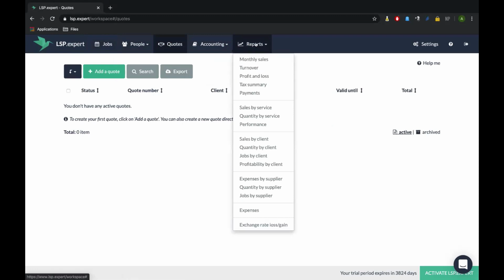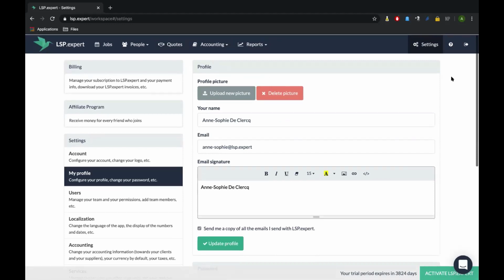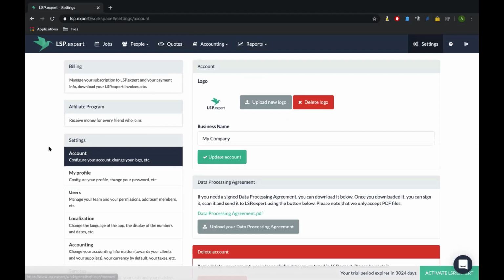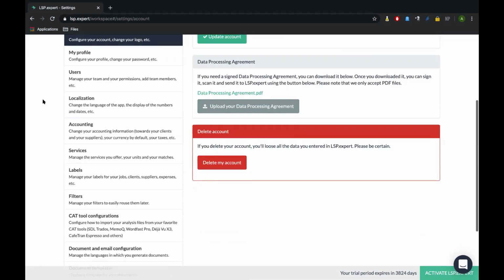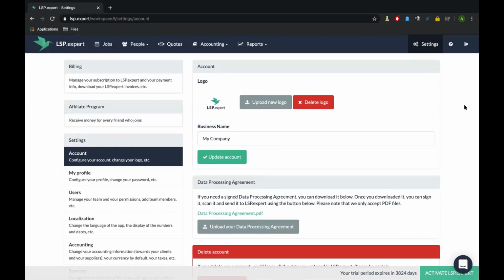We're trying on those right now, and I'll show you a bit later. Some of them, I'll show you monthly sales, I'll show you sales by service performance, and sales by client, I think. And then you have a whole big section about settings. I won't delve in it right now because it's a bit too much. Again, we're going to do a webinar about that. But you can see that you can really personalize almost everything in the software to really fit your brand and to really fit the way you want to use it, and your clients need to see documents that you send to them. Okay.